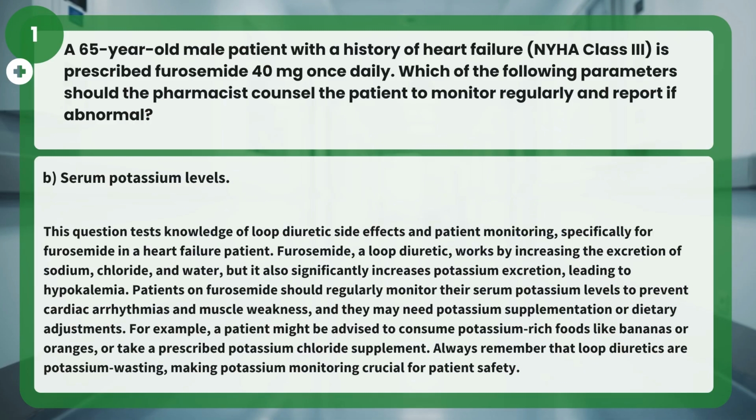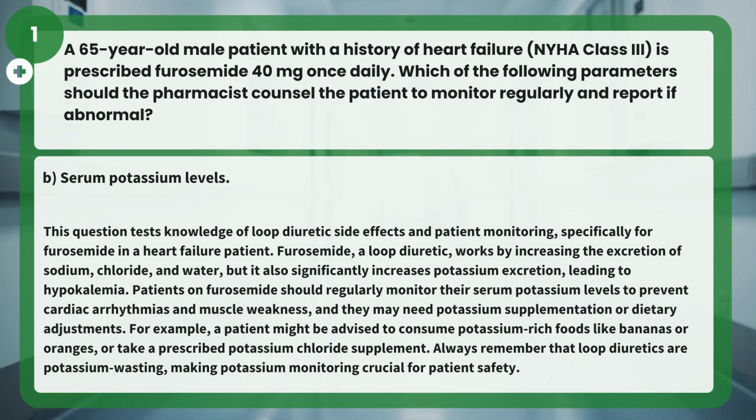Answer: B. Serum potassium levels. This question tests knowledge of loop diuretic side effects and patient monitoring, specifically for furosemide in a heart failure patient. Furosemide, a loop diuretic, works by increasing the excretion of sodium, chloride, and water, but it also significantly increases potassium excretion, leading to hypokalemia. Patients on furosemide should regularly monitor their serum potassium levels to prevent cardiac arrhythmias and muscle